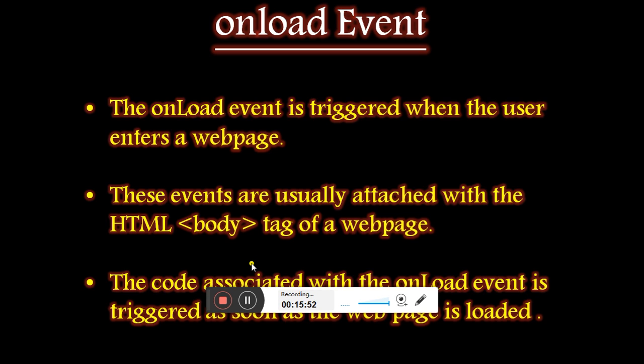so these events are usually attached with the HTML body tag of the web page. Now this is a part of the body tag. Onload and onunload events are part of the body tag. So it is not part of the input tag, it is not part of the submit tag, it is not part of the reset tag, it is part of the body tag. So you are supposed to mention this onload event in body. Okay,